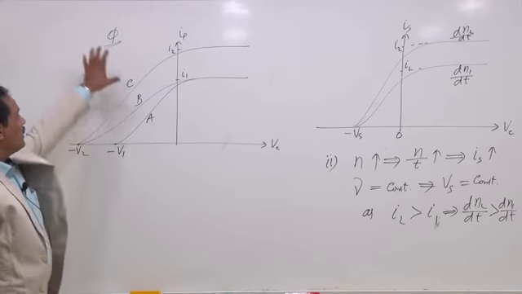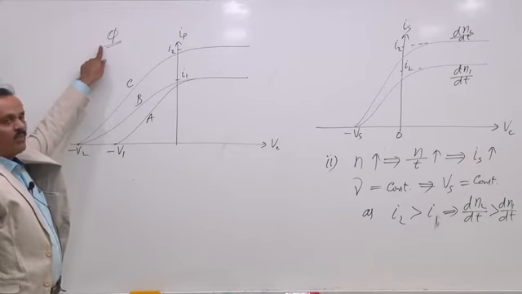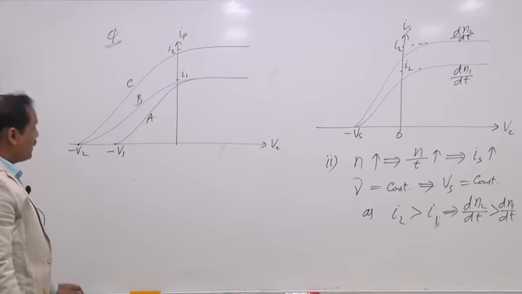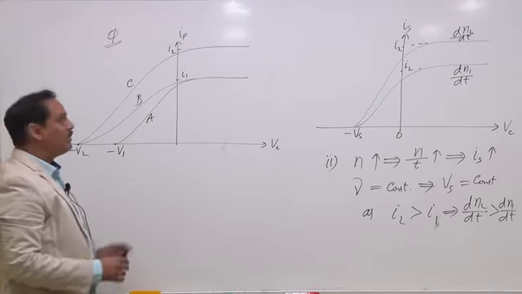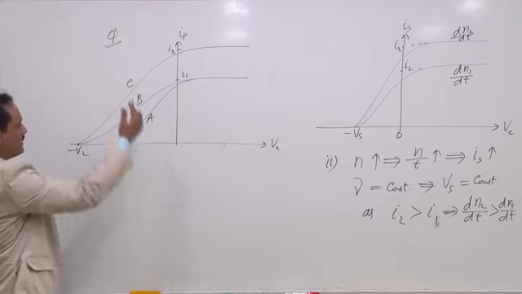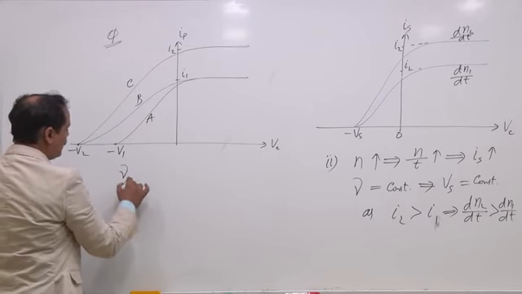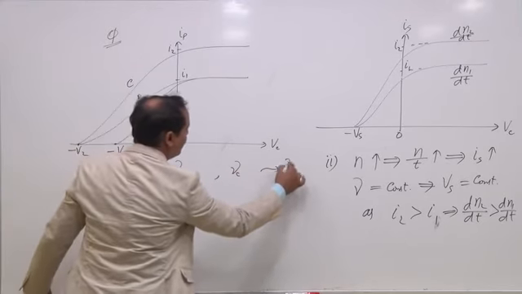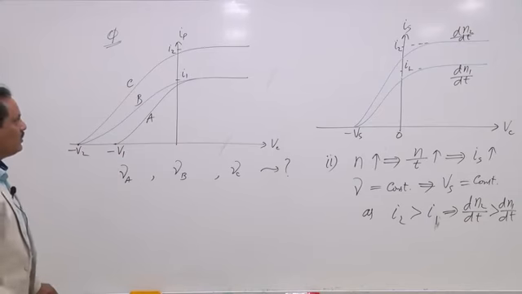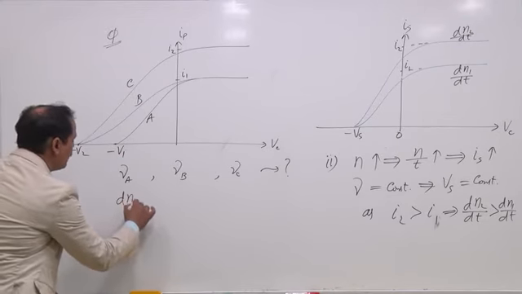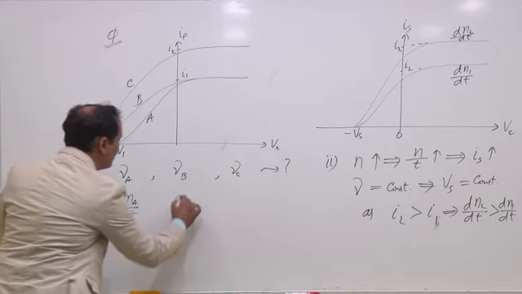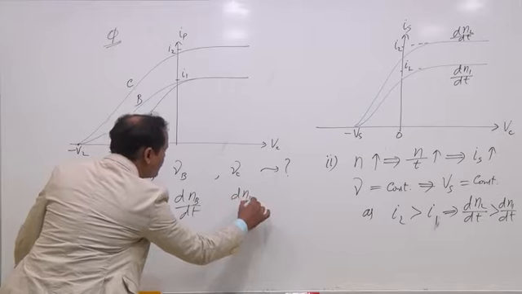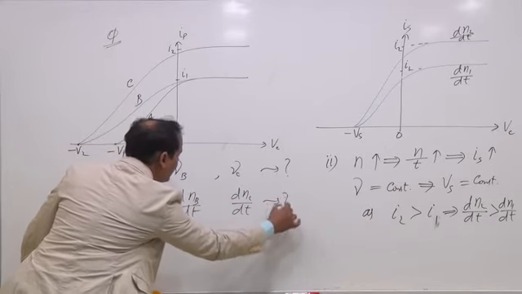So there are three identical phototubes having the same work function. Their current versus voltage graphs are given. Now you need to find the relation between the frequencies of incident photons, that is nu A, nu B and nu C, how they are related, and we need to find the rate of incidence of photons in all three tubes, dNA by dt, dNB by dt and dNC by dt, how they are related.